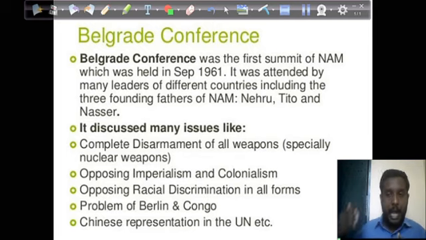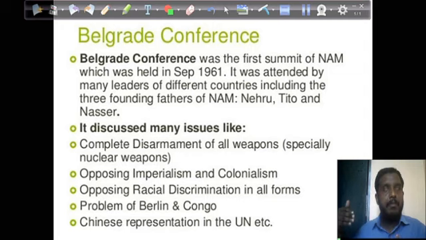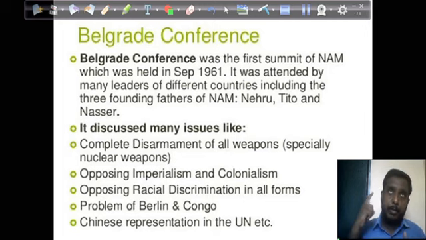Though Chou Enlai, who was also a part of Bandung, didn't take active participation in the second conference or the main conference, which led to the emergence of NAM. The issues discussed were complete disarmament of all weapons and total opposition to imperialism, colonialism, and racial discrimination, and this particular conference requested the UN to accept China in the UN and also to make China a permanent